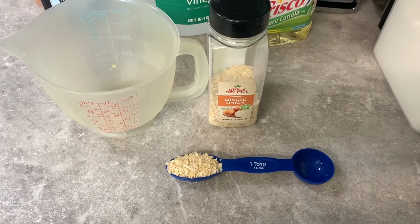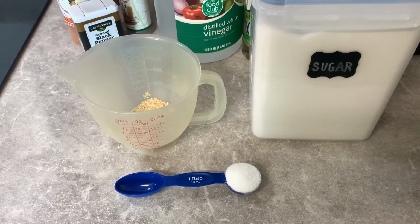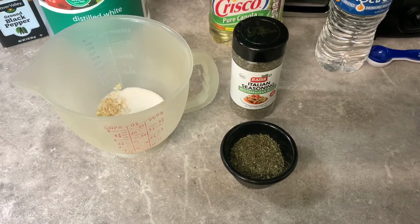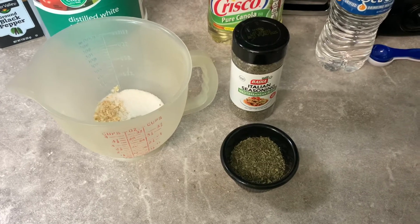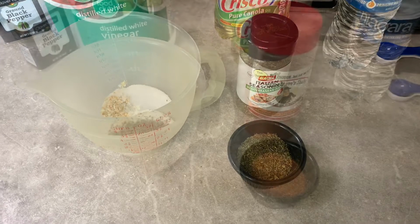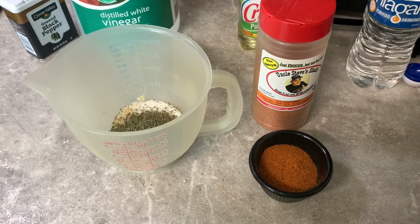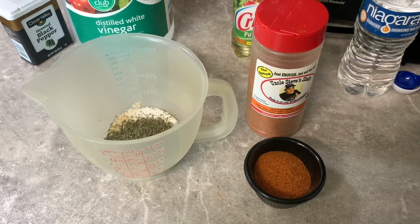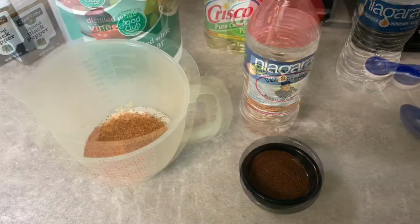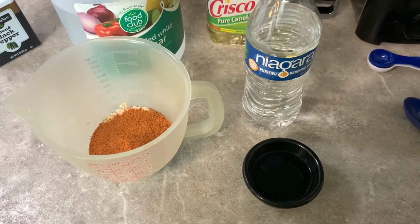minced onions, 1 tablespoon of sugar, 2 tablespoons of Italian seasoning, 2 tablespoons of Uncle Steve's Shake Spicy Rub. Now if you don't have it, you can use a Cajun seasoning, but the Uncle Steve's is the way to go. And then 2 tablespoons of water,